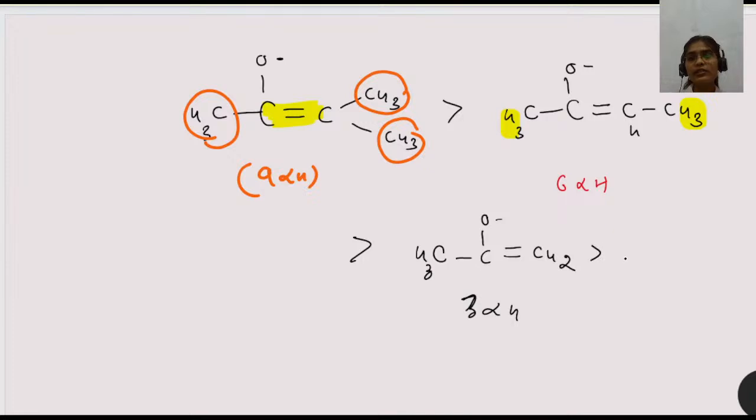Even more, it's less stable if there are 0 alpha hydrogens, meaning O negative double bond and a CH2. Look at this, you can say 0 alpha hydrogen. So this is how you can decide the stability there. Normally we are checking just